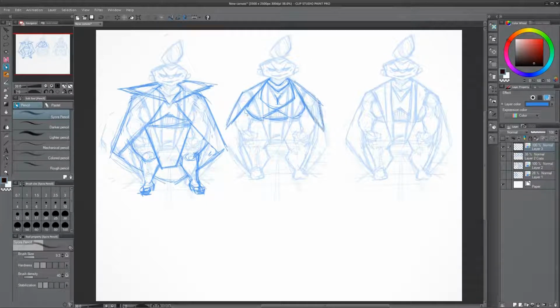Here I'm trying out different shapes for her outfit. I did come up with one design already, and now it's, okay, what if I do this? What if I make the cape kind of pointed? And here, what do her pants look like? I don't know.